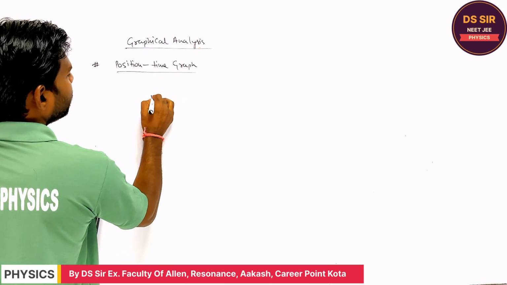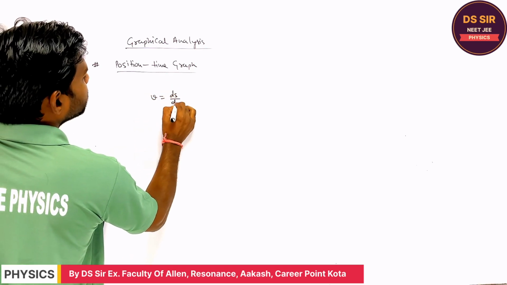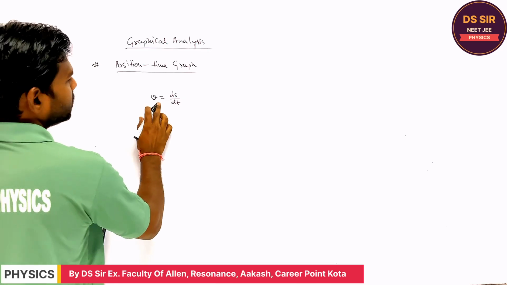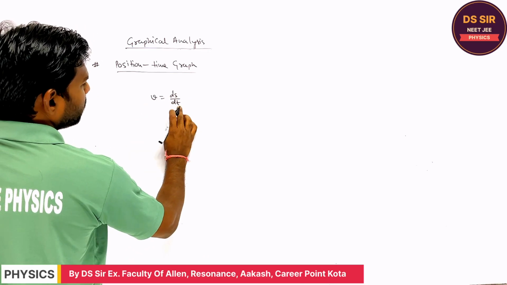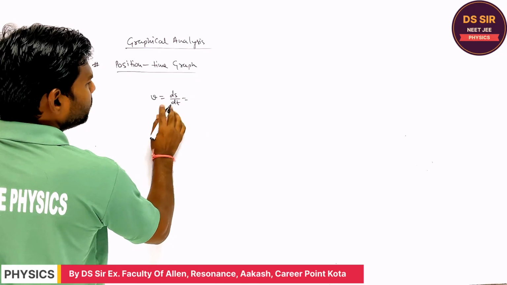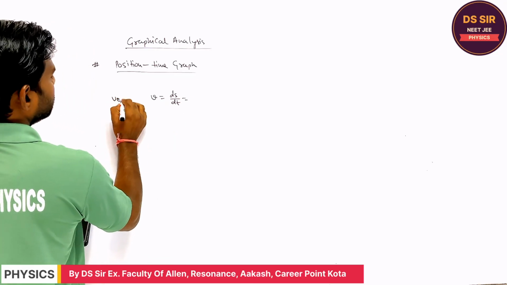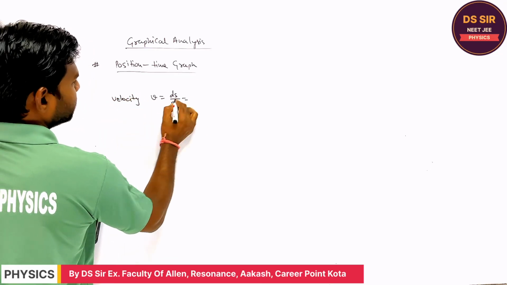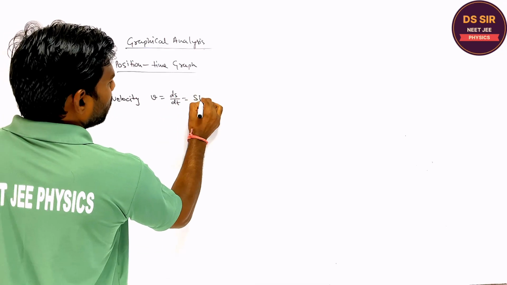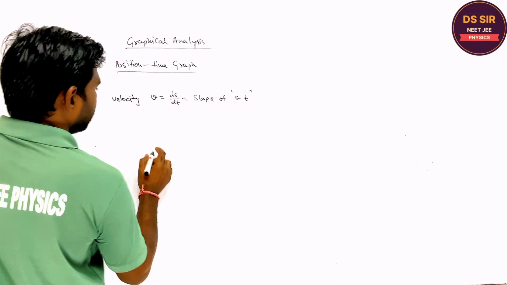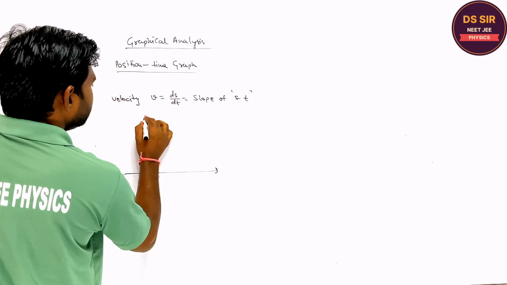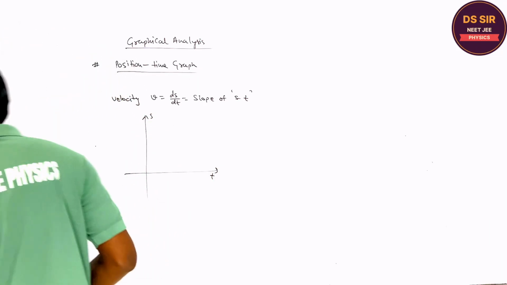If you think of velocity as ds upon dt, right? Velocity is ds upon dt, and this is nothing but the velocity. And ds upon dt is nothing but the slope of the s-t graph, the position-time graph. For example, if this is the s and this is the t,